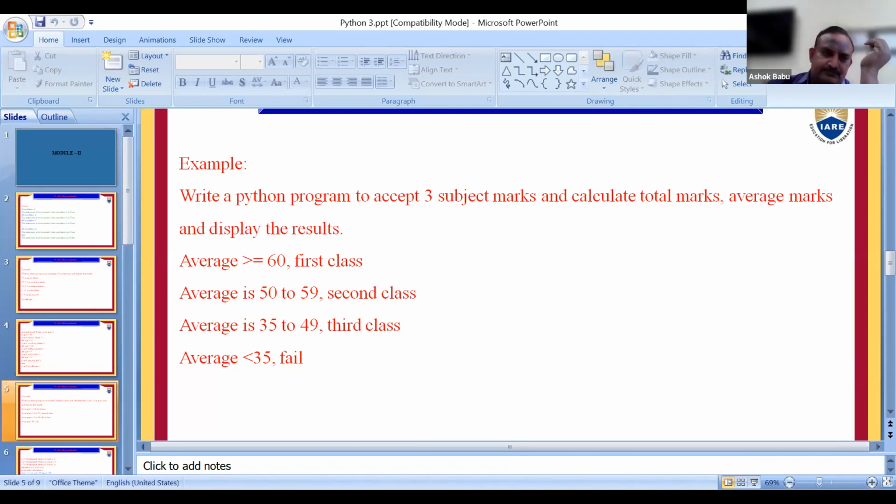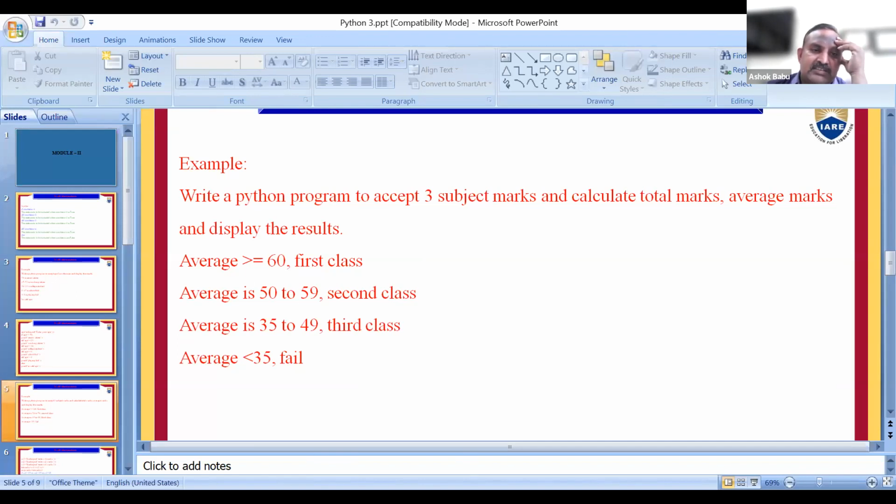If the average marks is greater than or equal to 60, then we can call it a first class.